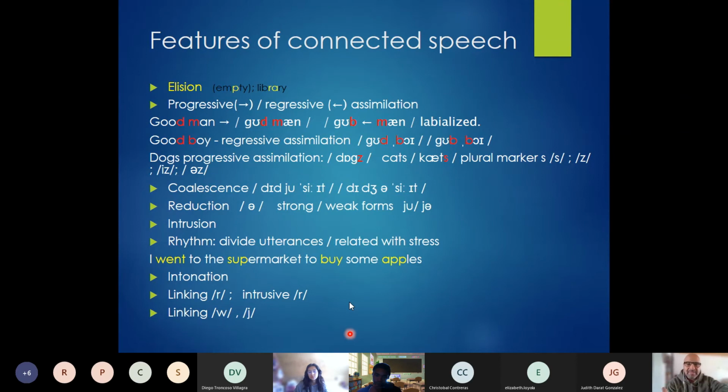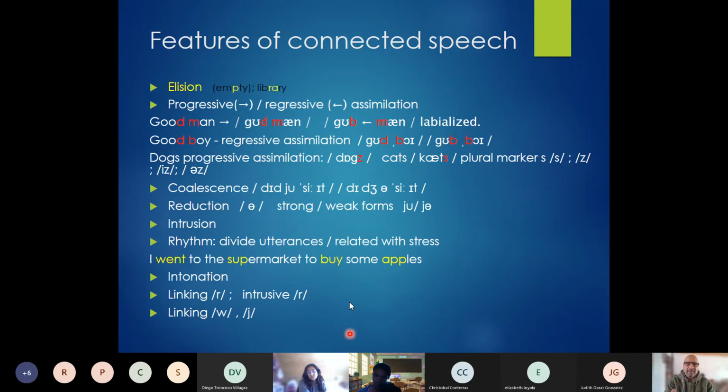When you think about someone speaking in English or any language, it's a combination of elements. It's a combination of segmental elements, that is, all the individual sounds that are put together. How these sounds interact with each other, influence each other. Some sounds disappear, some sounds are combined to produce new ones, as in coalescence, for instance, right?